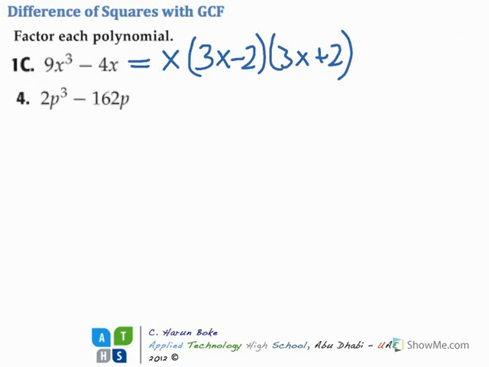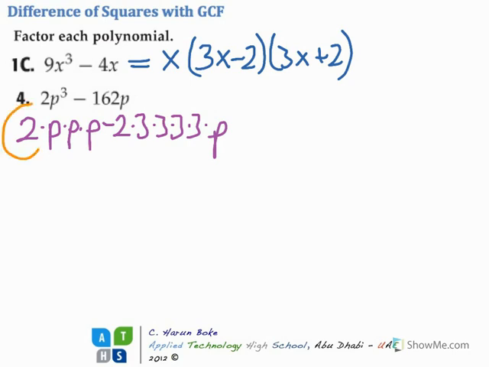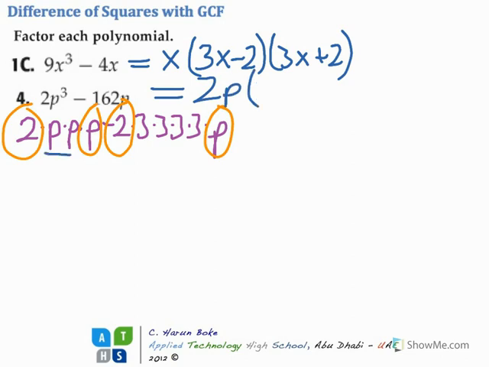Okay, in this example we have 2p cubed minus 162p. Now, this is 2 times p times p times p, and this is, well, it's hard to factor. It is 2 times 3 times 3 times 3 times 3 times p. Now, what is common? 2 is common, and p is common. So we can say this expression is equal to, in 2p brackets, we have p squared